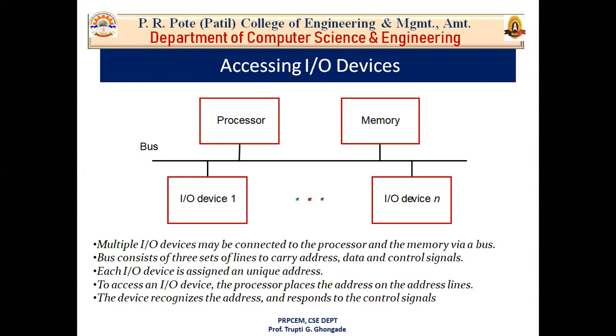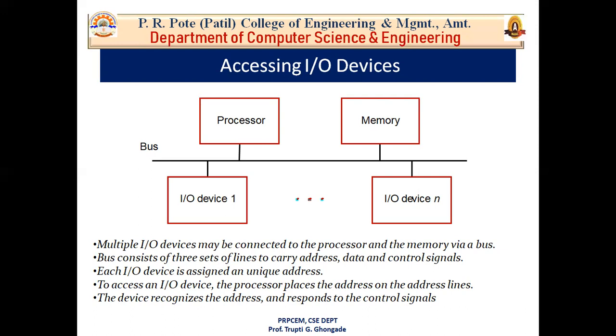Okay, so all devices are connected to a single bus, and there are three ways that a bus can be used by the processor to communicate with the memory and with the input and output devices. Which are those three ways? The first is to use two separate buses, one for memory and the other for input output devices. This is called the input output processor, that is IOP. The second way is to use one common bus for both the memory and input output devices, but have a separate control line for each. This is called the isolated IO method.